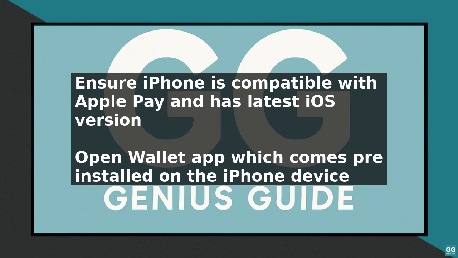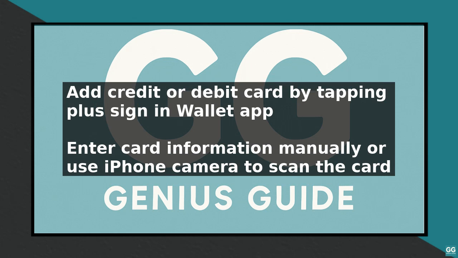To add a credit or debit card, tap the plus sign in the top right corner of the Wallet app. Select the type of card you want to add, such as a credit or debit card, and follow the prompts to enter your card information. You can also use your iPhone's camera to capture the card information by tapping Continue and then allowing the camera